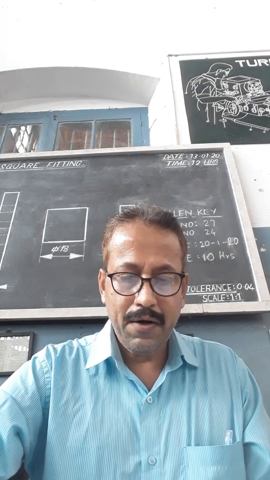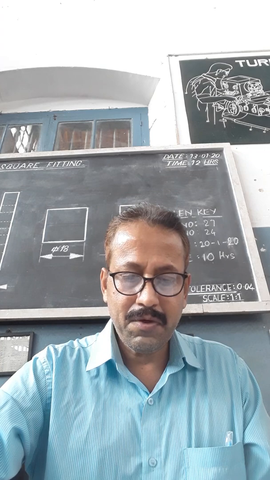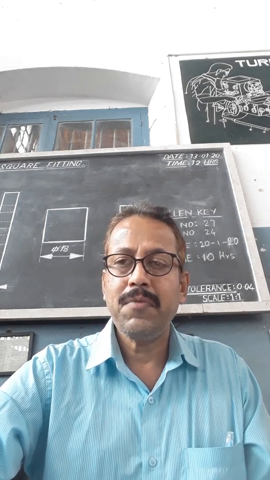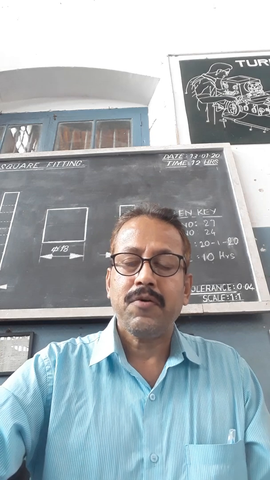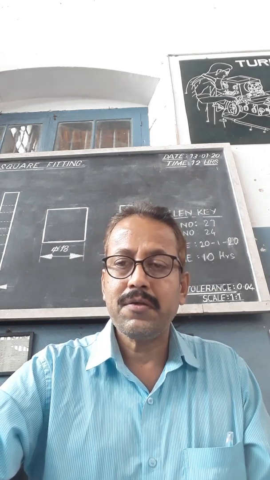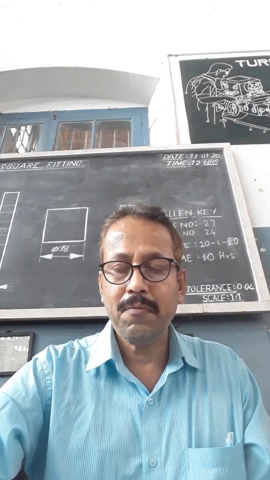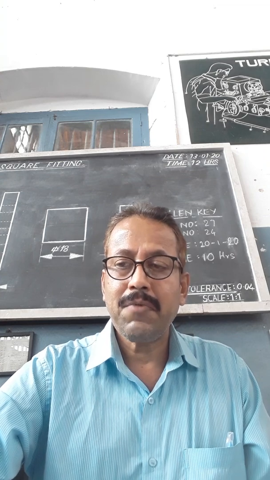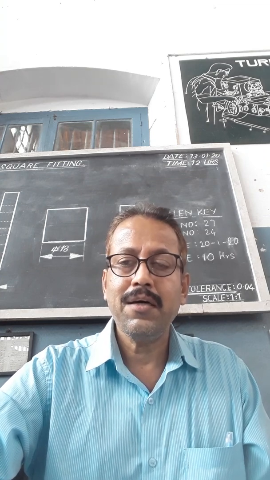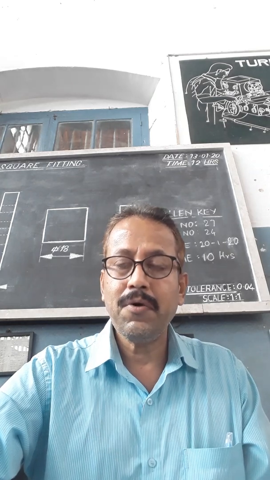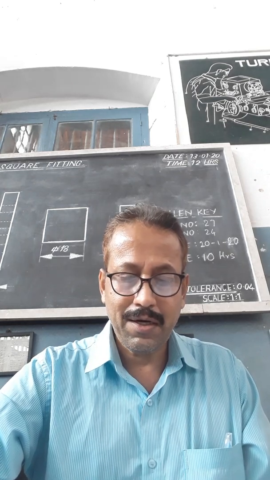Use a felt pad or rubber mat for placing the instrument while working. While working, if we keep the instrument directly on the table, maybe a metallic table, what will happen? Since it is kept on the metallic table, the instrument gets scratches on its surfaces. So any damage or dent mark will come on the instrument. Instead of that, felt or a rubber sheet is kept on the table, and over that the measuring instruments are kept.